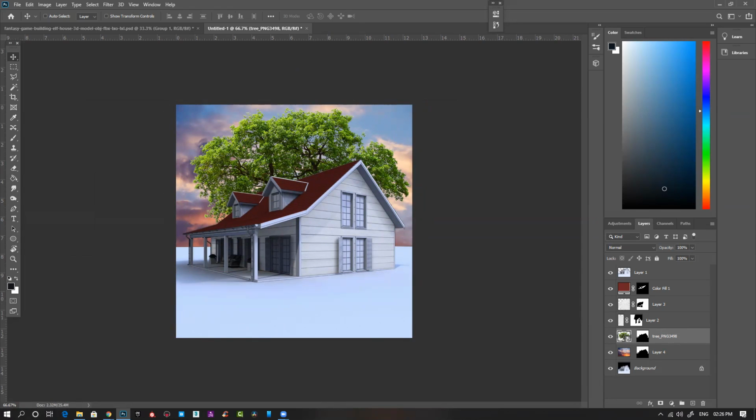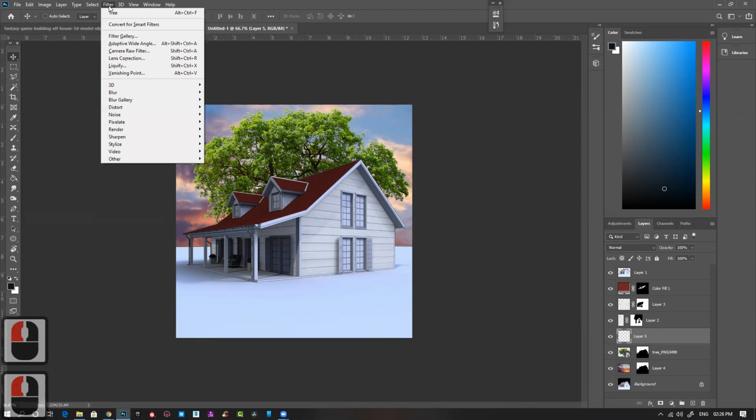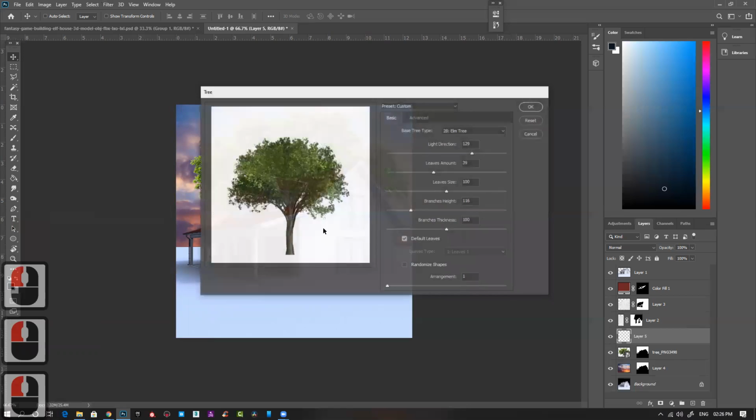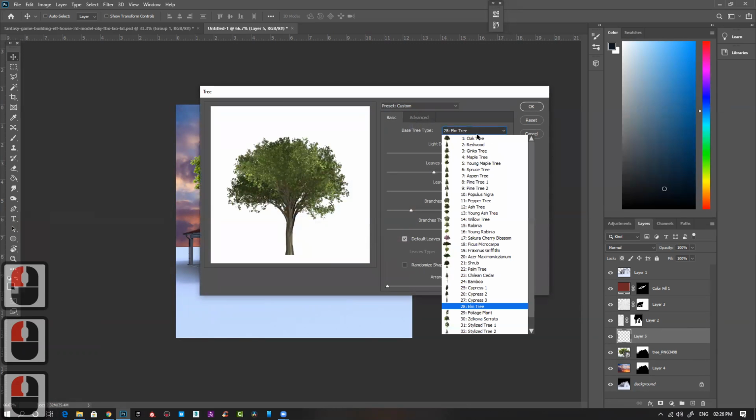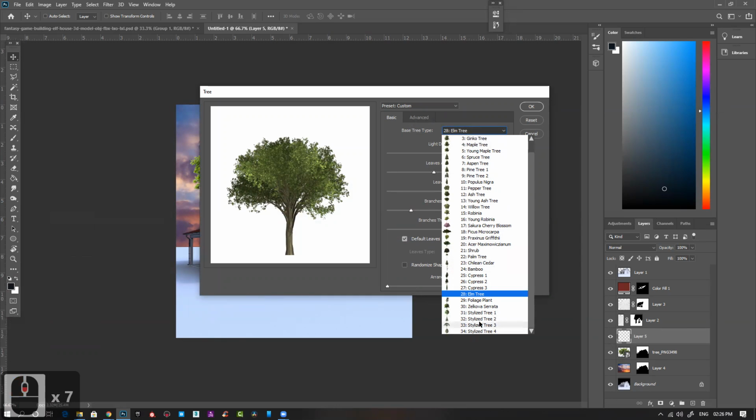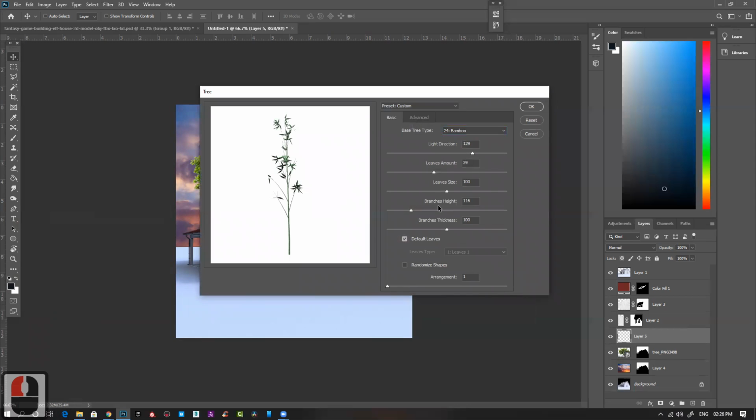So maybe this ground, I can search for a ground now. Like if this is one tree, I can add multiple trees. And plus, in Photoshop you have a tree plugin: Filter, Render, you have Tree. You can create all kinds of trees. You can see oak tree, redwood. You have so many options. Suppose you want to create something specific. Let's see, pine, bamboo tree. Let's create some bamboo,